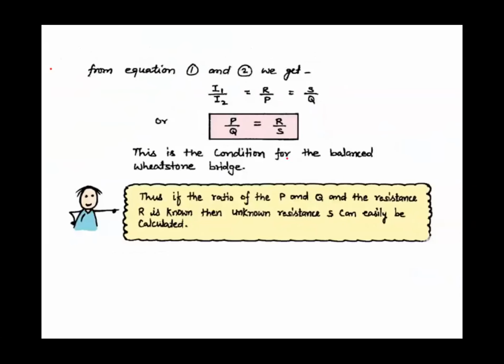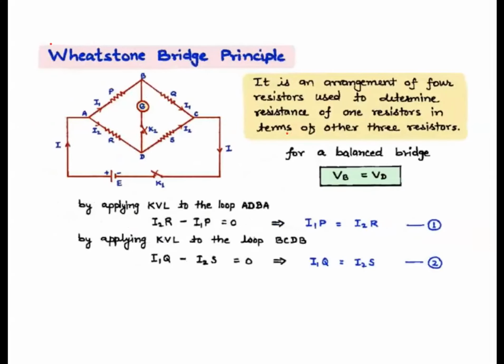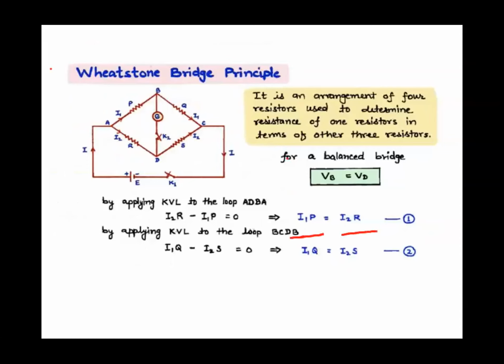Okay, now you got two equations. We are going to just divide them. On dividing the two equations, if we divide this upon this, right children? So I1P upon I1Q equals I2R upon I2S. So I1 cancels, I2 cancels, आपका आंसर आ जाएगा P upon Q equals R by S. So this is the condition when the bridge is said to be balanced, when you have no deflection in the galvanometer, meaning you have 0 at the galvanometer. This will be the condition.